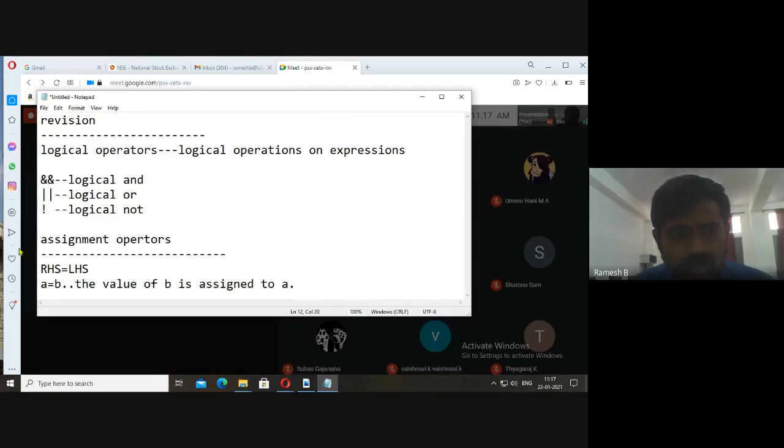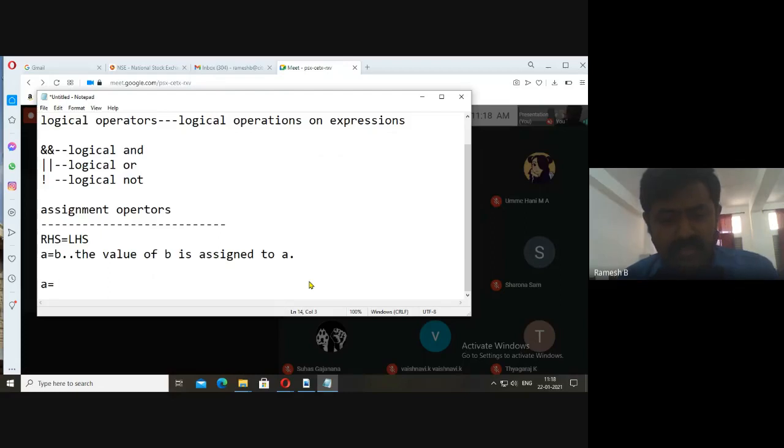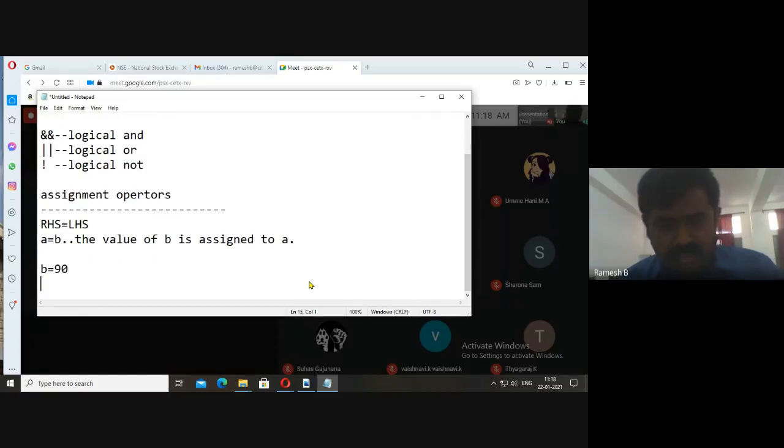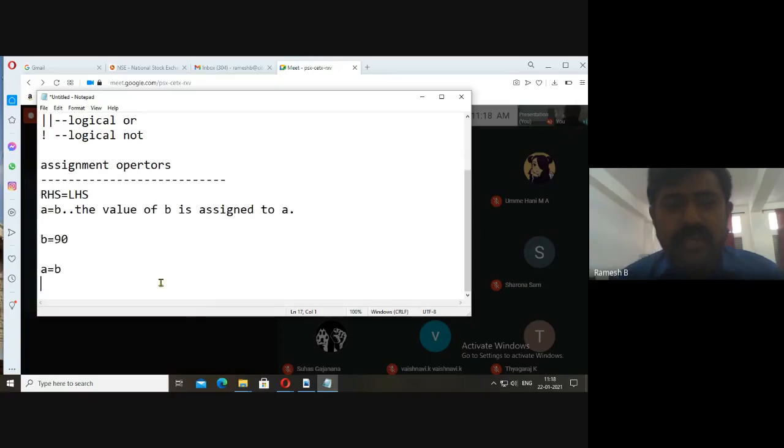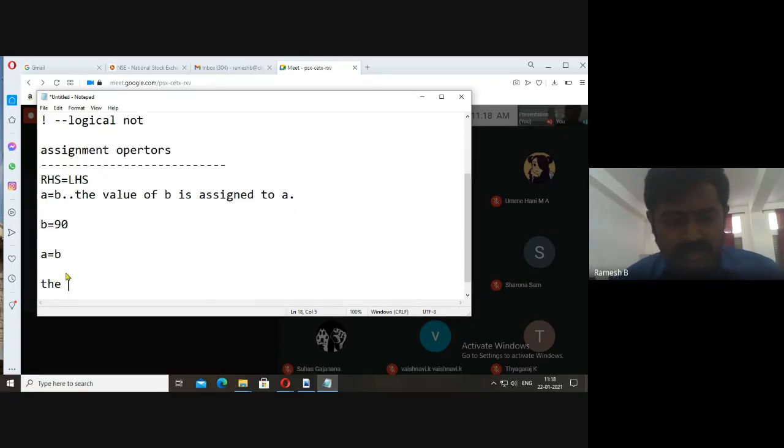So A is known as left hand side value and B is the right hand side. Now if you take the example, B is equal to 90, and I give A is equal to B, the value of B is assigned to A. So the value of A here is 90.